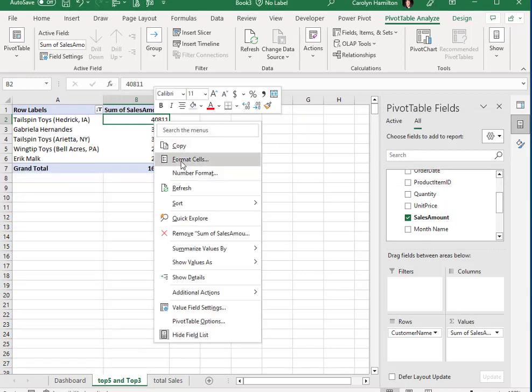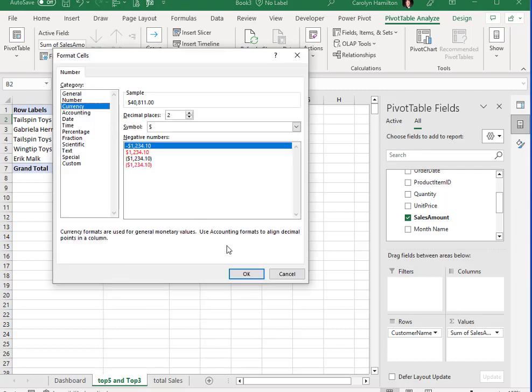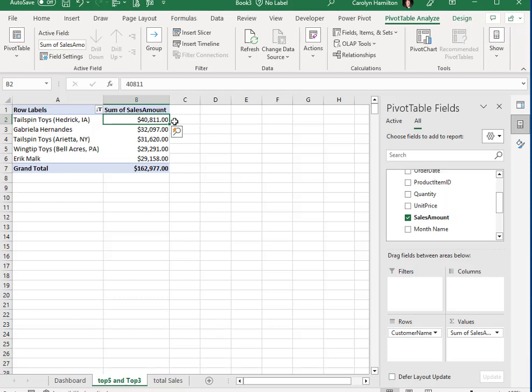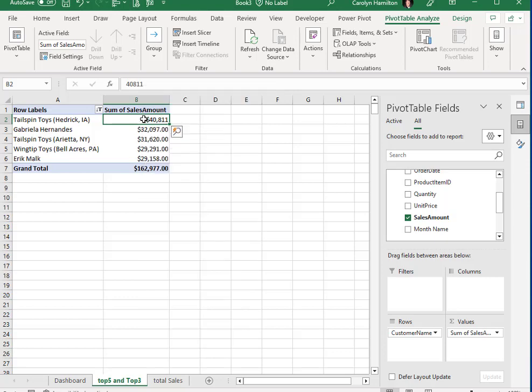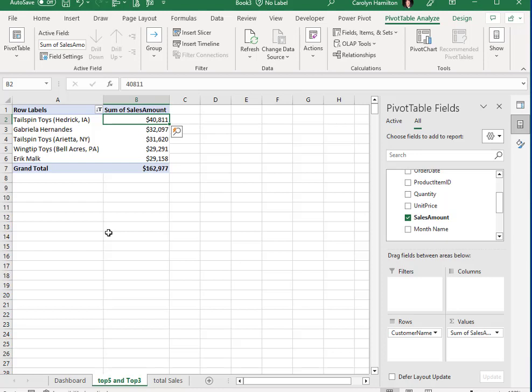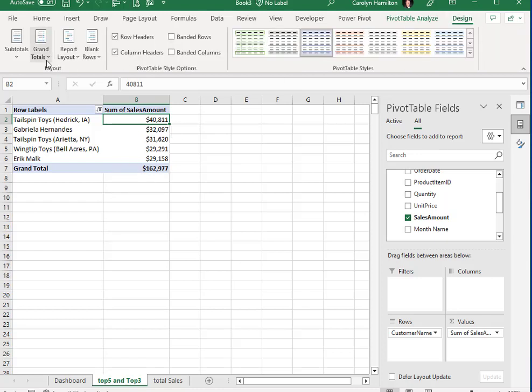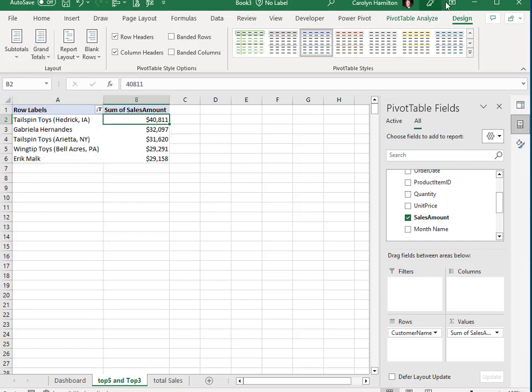Format the numbers and currency. No decimal places. Nope. Number format, no decimal places. There we go. I don't need the total. It's not a big deal because I just won't bring it into the dashboard, but that's where you take it